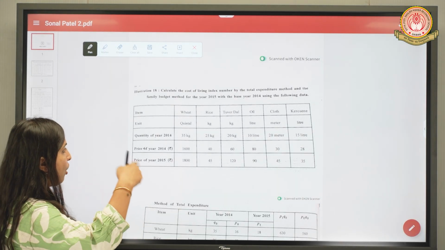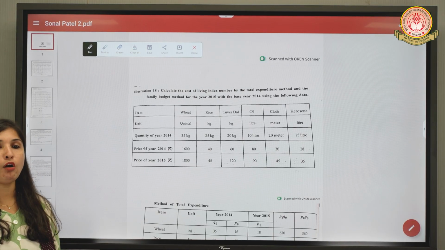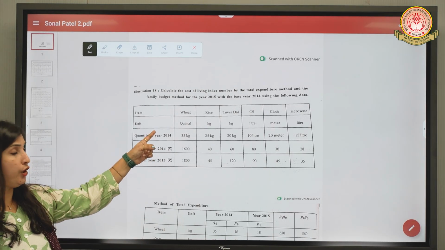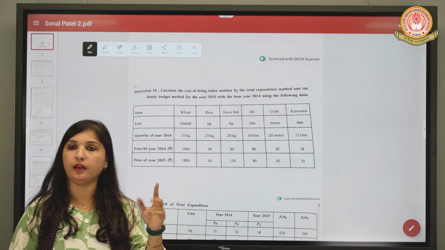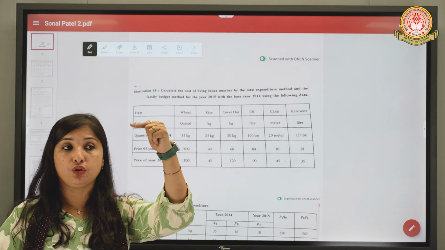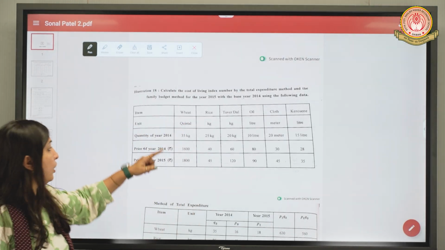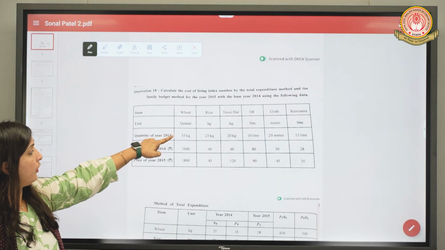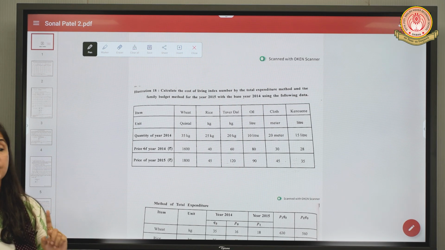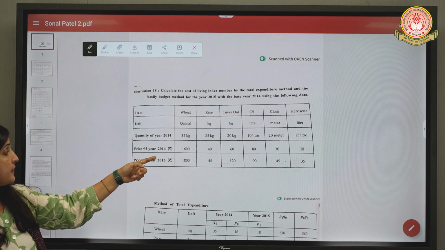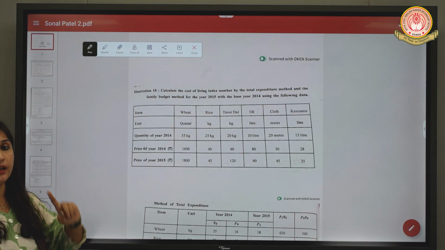Okay, here we have, column wise, in this question, wheat. The quantity of wheat is what? Quintal. Very good, if we have a single unit, it's very good. But after that, we have to check the whole column. In this case, it is given column wise, so we'll check the column also. The quantity of the base year is 35 kg, the price of the base year is 1600 and the price of the current year is 1800.